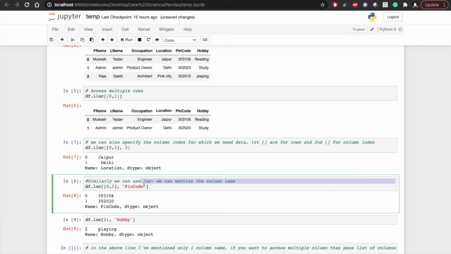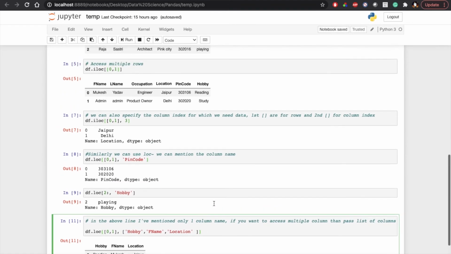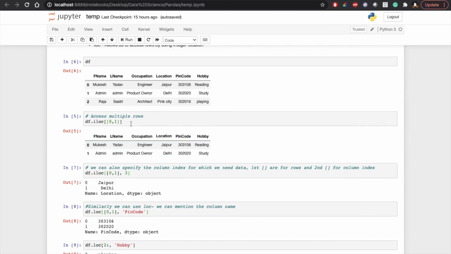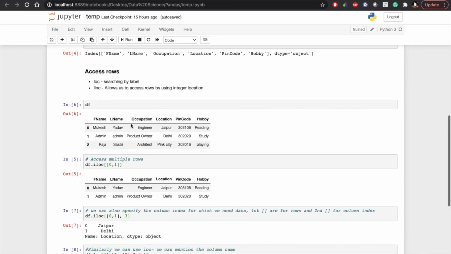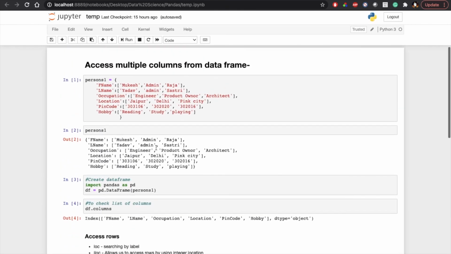Guys, these are very important: based on iloc, how we can pass the indexes, and how we can pass the names of the columns. If you are applying machine learning algorithms, applying the algorithm is hardly a part of one or two days, but most of the time we have to focus on our data: how to access the rows, how to access columns based on the index, based on the column name, everything we have to check. So please go through the video tutorial and do some hands-on.